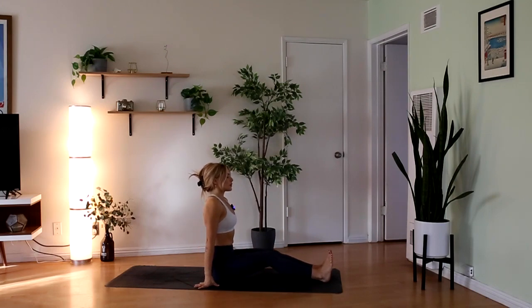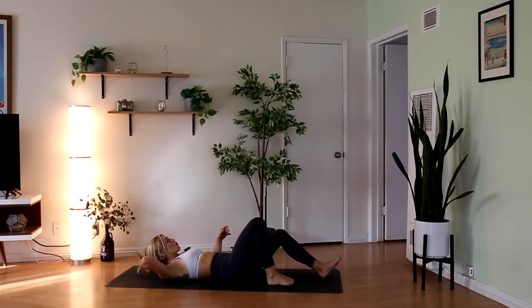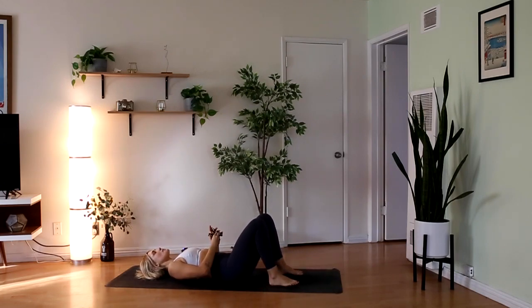Plant your feet down, lower your back down to the mat. We're going to take one last little core fire burner just to make sure our abs are fully engaged. We've really worked the whole body. I really like to target them in any kind of flow, just to make sure that everything's nice and